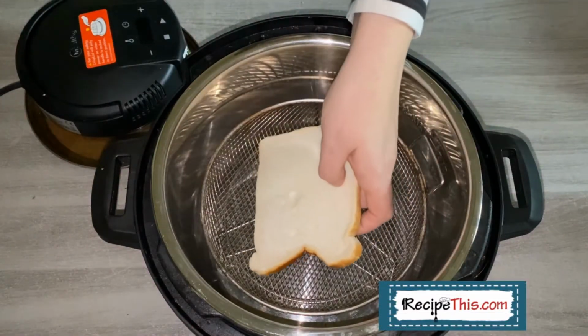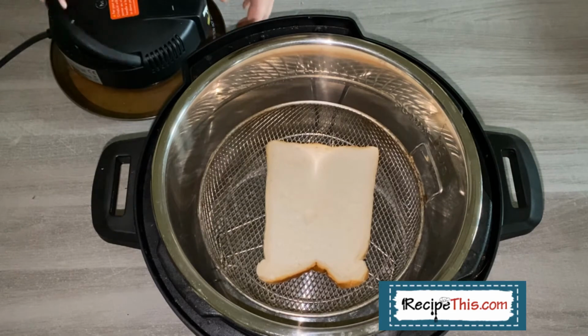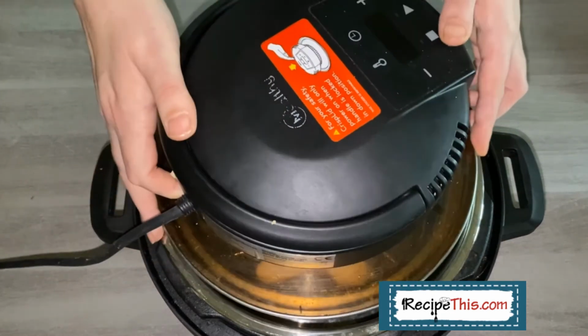So the second method is to use an air fryer crisplid from within your Instant Pot. The thing about this method is that the melty crisplid that we're using today gets so much hotter in the temperature department compared to a normal air fryer oven or air fryer basket, so it makes it perfect for making toast in. So what you do is you place a slice of toast in your air fryer, place your lid on,